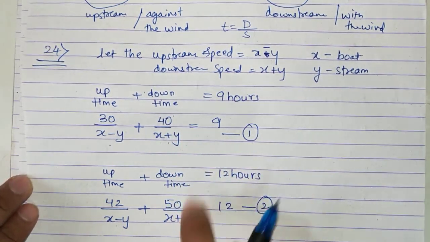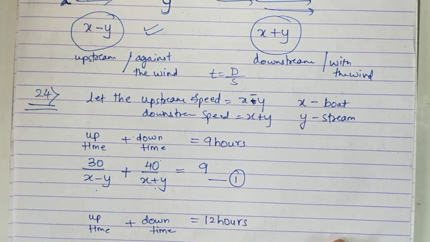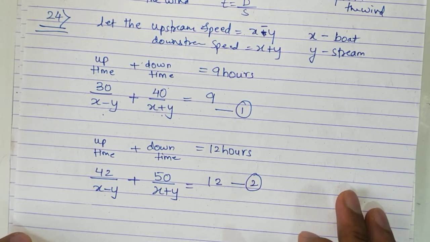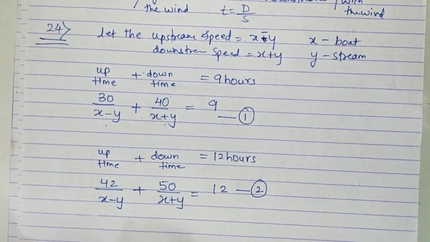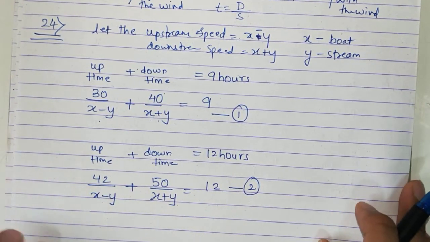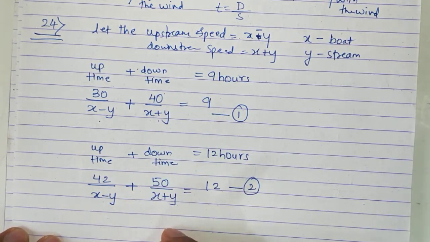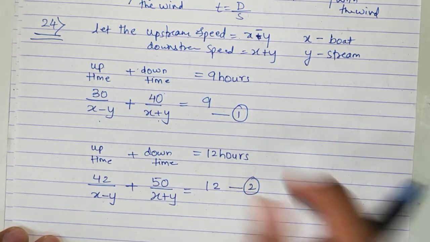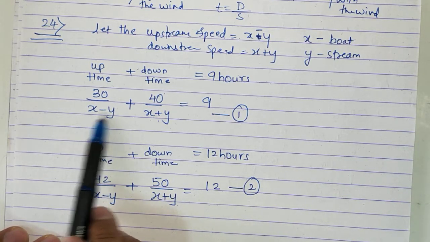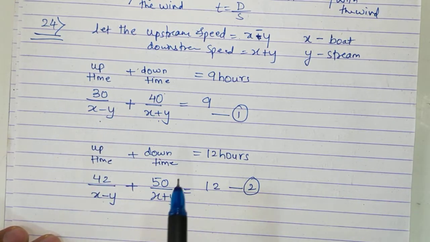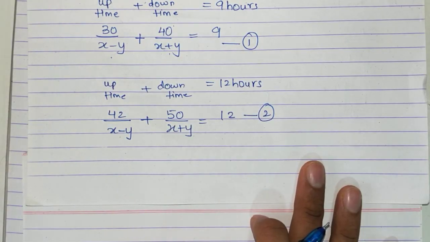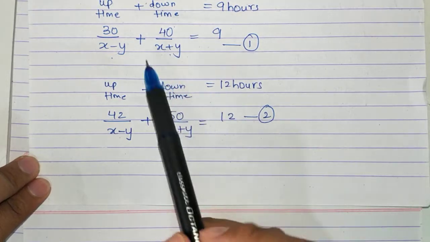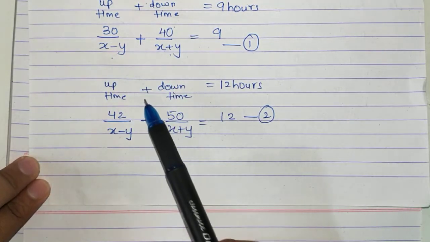Now I have both the equations. This is similar to question number 7 in your 5A exercise where you had these type of sums. Okay, so there are two ways to solve it. Either you directly solve the sum by simultaneously solving the equations, or you can take 1 upon x minus y as a and 1 upon x plus y as b. I'll explain you how to do this sum. So I'll explain you that method because in school I guess you have not done it directly.